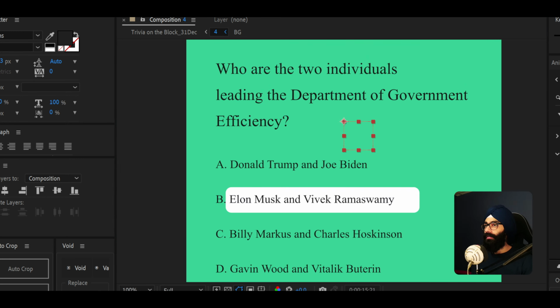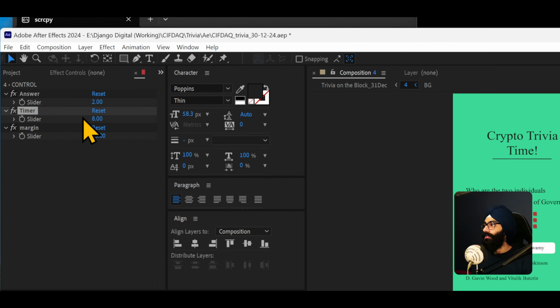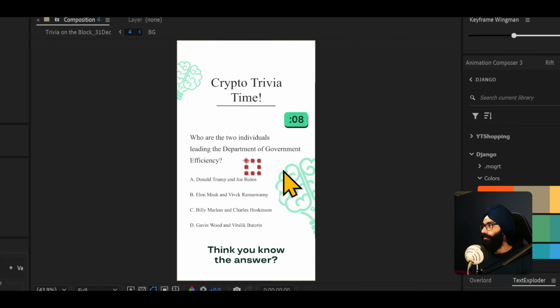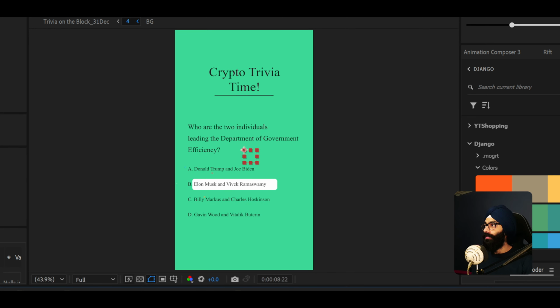And the burst that is happening would also happen right here, based on the number of this slider, the answer. And this timer here is at 8, right? So if I go back here, you see our composition is starting from 8 seconds, and it takes 8 seconds before it starts to wiggle, and then this green color mask fills up the screen, and then your answer gets revealed.